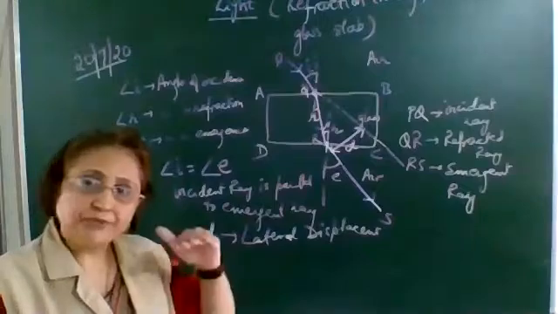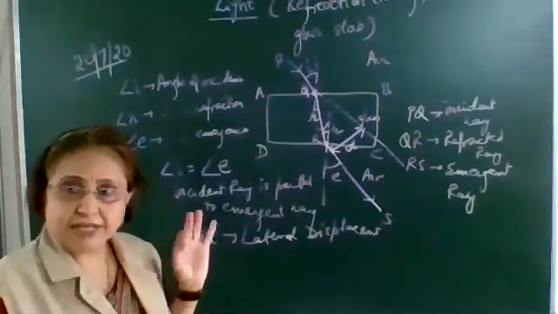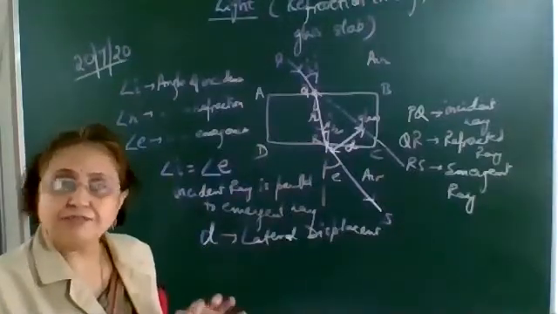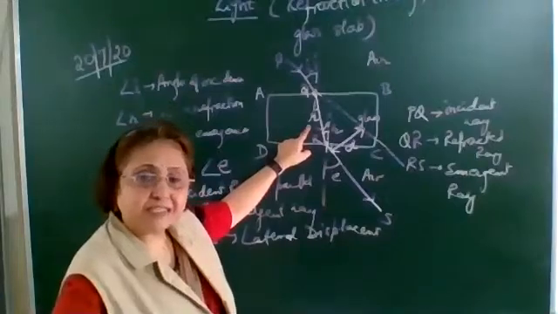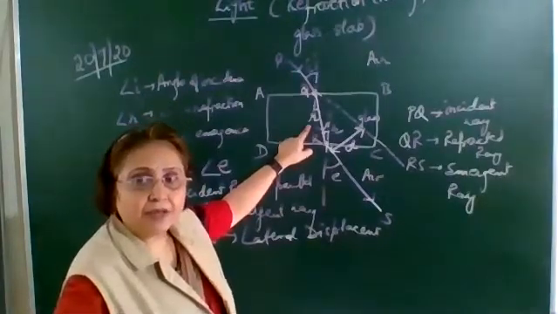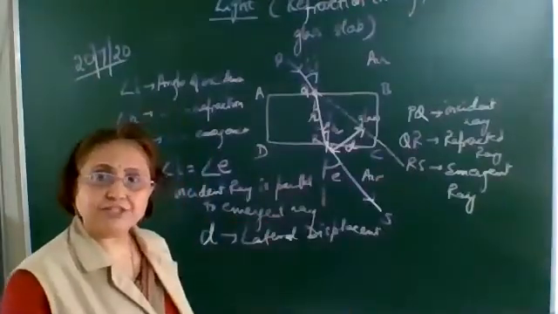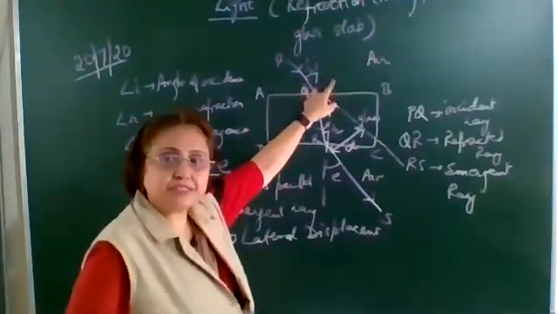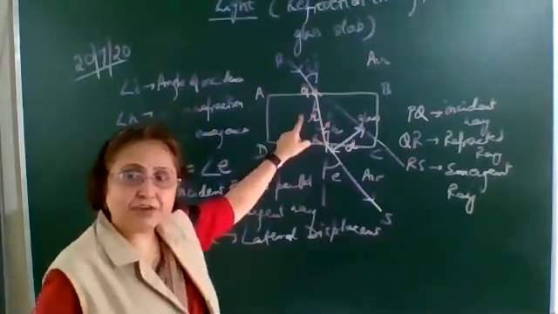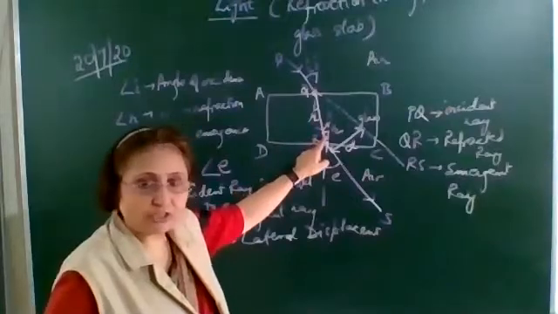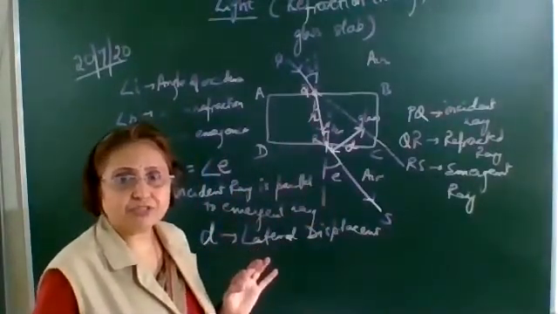We draw one incident ray on one of the faces, AB. This ray of light, which we call the incident ray, passing from air to glass will bend towards the normal. The ray traveling inside the glass we call the refracted ray. Again it is emerging back into the air, so this ray RS is called the emergent ray. The angle between the incident ray and the normal is the angle of incidence. Between the refracted ray and the normal is the angle of refraction; if this is R, this is also R. The angle formed between the emergent ray and the normal is the angle of emergence.